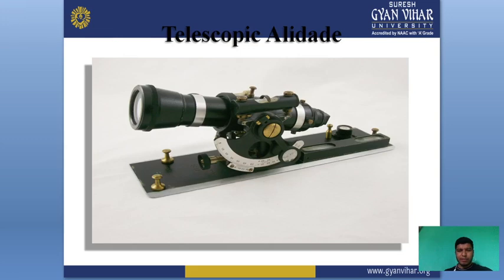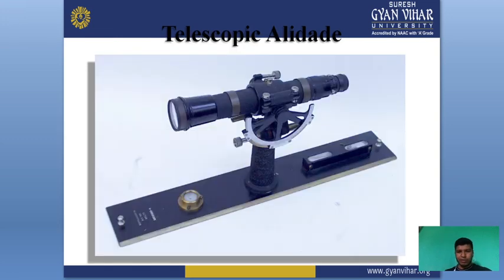This is the main example of a telescopic alidade, which is used in plane table survey for sighting purposes. It is another type of telescopic alidade which is used in plane table survey. It is also fitted with a bubble tube and gun point, and is used for sighting the lines in plane table survey for making higher accuracy drawing sheets for any measurement.